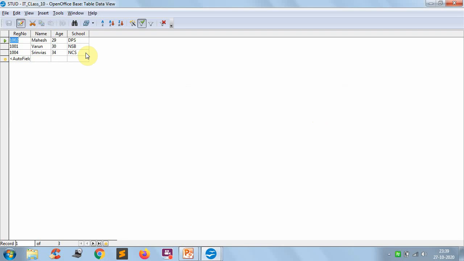Actually when there are a small number of students it's not a big matter. When there are thousands of students, then these options are very helpful. Database concepts are for handling huge amounts of data, not small amounts of data. Here we are doing examples, that's why I am taking only a few rows. Now if I want to remove the filter, there is an option here, just click this one, and it will become as it was. So this is the way you can store the data in the table.